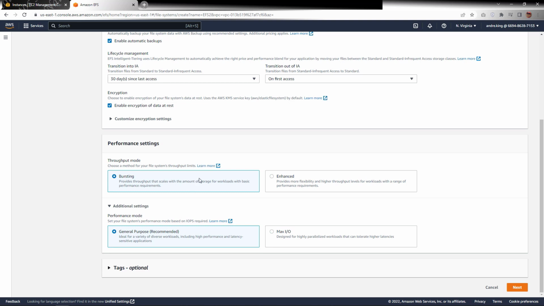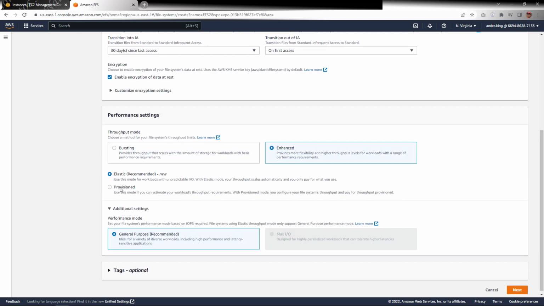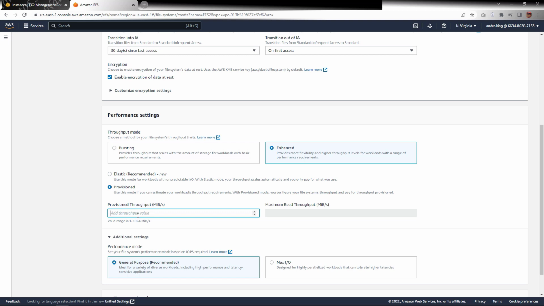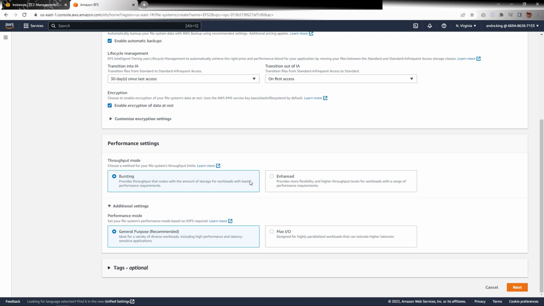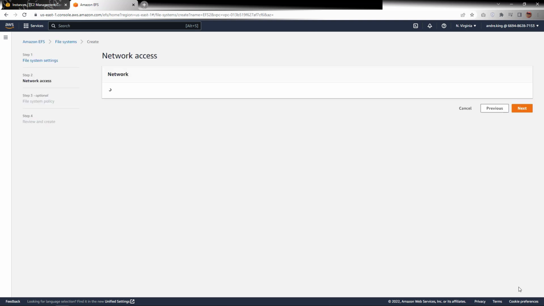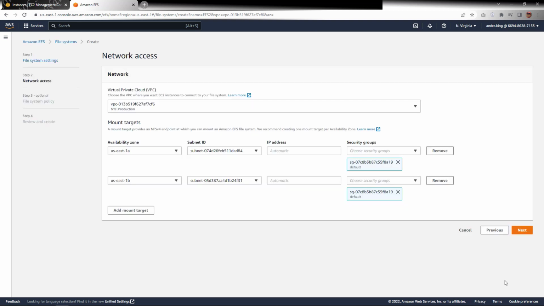Along those same lines, the bursting throughput mode will meet many customer requirements. This mode automatically scales throughput as the file system grows. You can also select provisioned and specify a fixed throughput in megabytes per second. Your data is encrypted by default, and like any AWS service, you can always add tags to help identify and track your resources. Because we selected regional for the availability, EFS automatically created a mount point for all availability zones